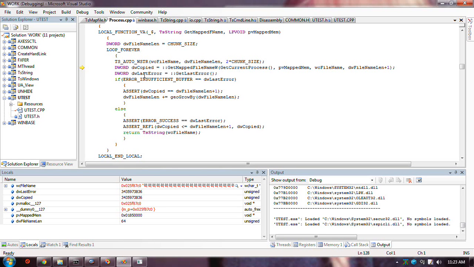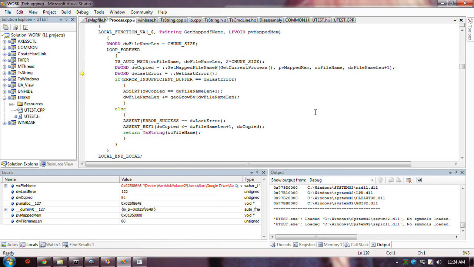This tells me how many were copied, and if I get this error, then I just keep growing. It's the same as usual. You keep growing your buffer until it stops giving you an error. Okay, it was an error, so I add to my length, make it this much.